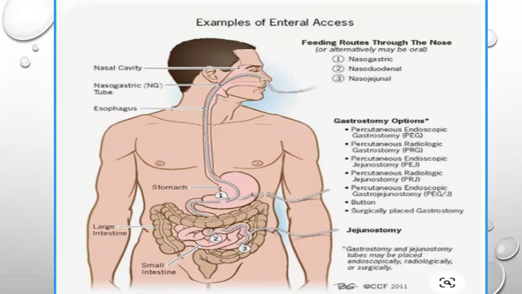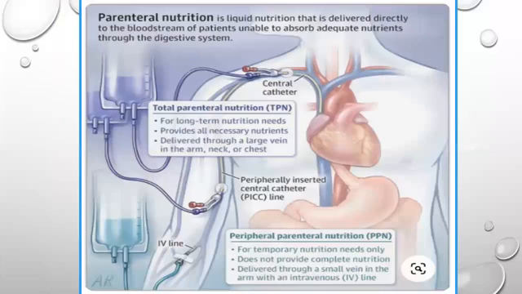And then you can see, oh yeah, they show nasogastric, nasoduodenal, which goes into the duodenum of the small intestine, and then the nasojejunal, right? And then there's gastrostomy options. So that's what we're talking about when we talk about an actual feeding tube that is surgically placed. So a PEG tube, that'll show you where that is. A PRG tube, a PEJ tube, just a regular G tube. These are all kind of listed on here. So that's kind of a nice little visual for you.